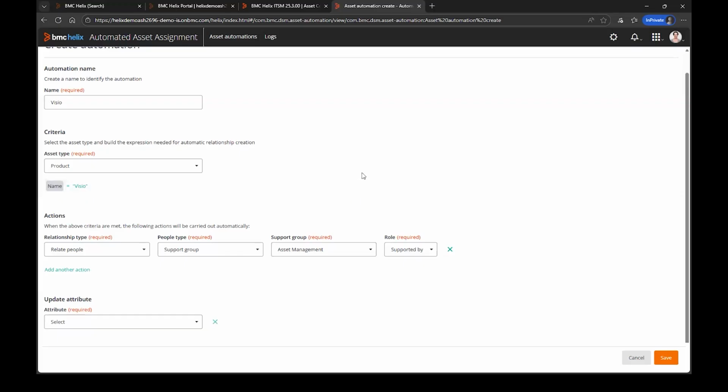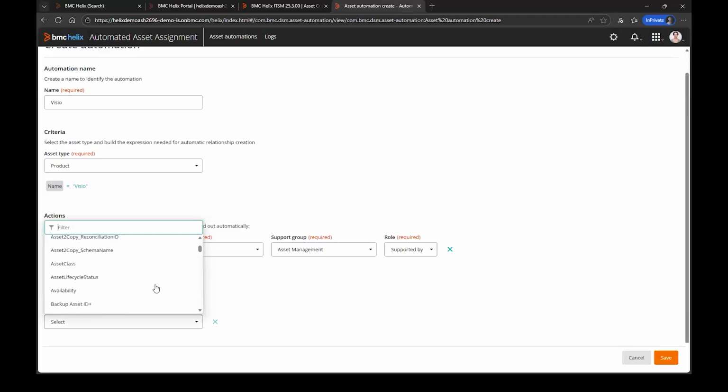Now, I will point out this does depend upon you knowing your asset data. I had to know that I'm bringing in my software assets as product and not as something else. I had to know what the name was. But the other thing I can do as I bring this in, I could actually update multiple attributes. So if along with assigning it to that particular support group, I wanted to go ahead and